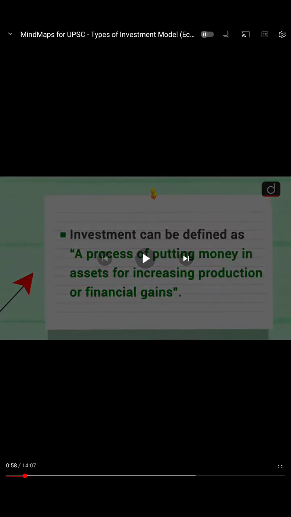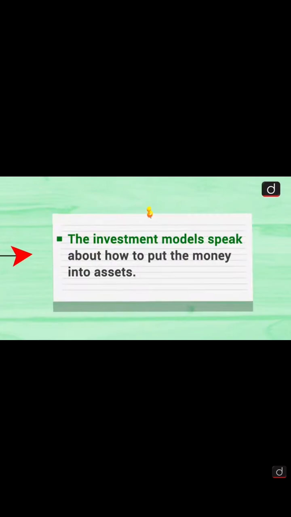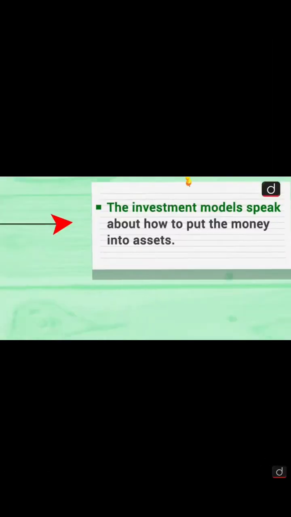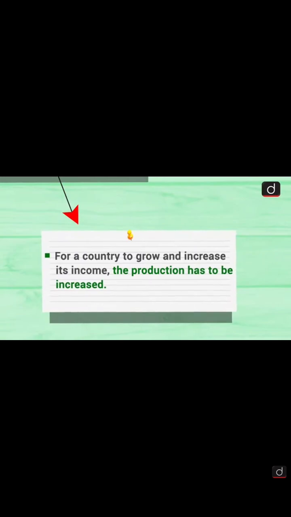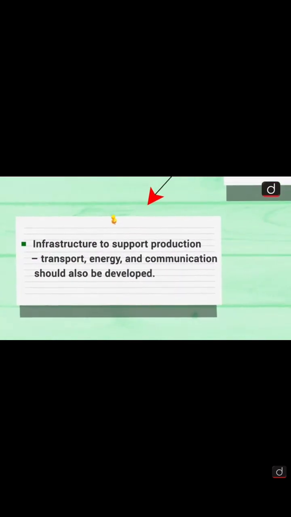Okay, so here we are going to a different slide. In the definition we got to know that it is putting money in assets for financial gain. Now investment models speak about how to put the money into assets, how we can do it. I will just skip this ad in between. So if we talk about a country to grow and increase its income, the production has to be increased for growth. It basically wants to generate employment and opportunities for the citizens. Now, infrastructure to support production,